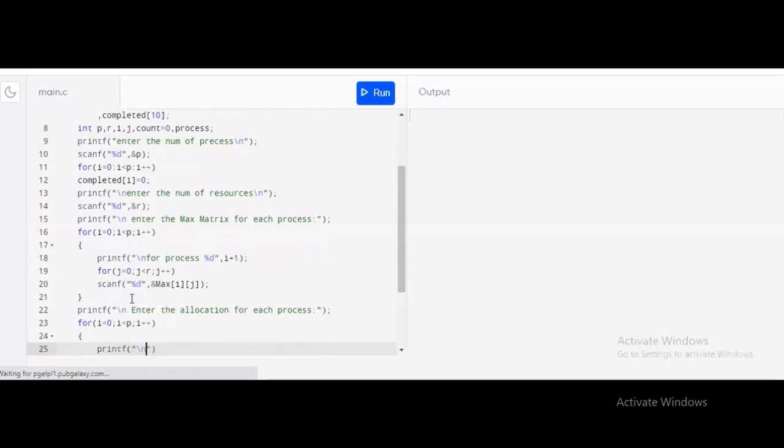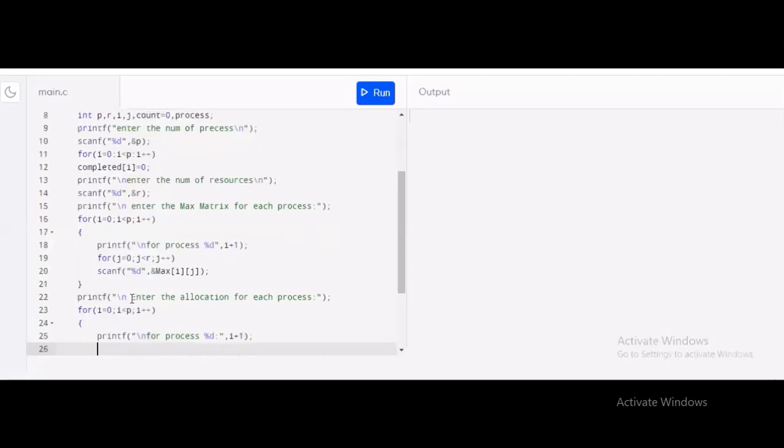Like the max matrix, we have to print this in a tabular form, allocation associated with each process. So again, I'm using printf for process I plus 1.